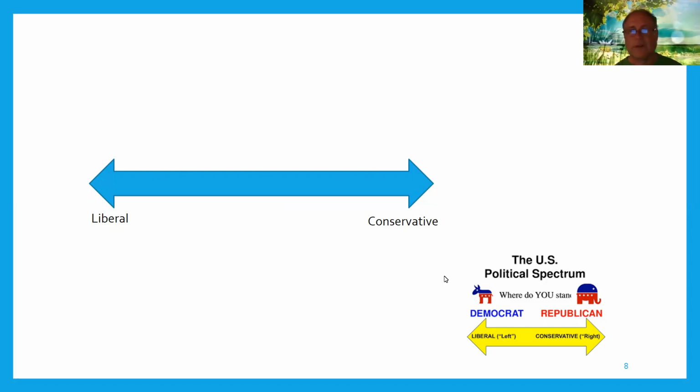So there are other political parties in the US that don't often get mentioned and that are not shown down here in the bottom right-hand side of your screen, but you've probably heard of some of them, like the Green Party and the Libertarian Party. And I believe that one of the major reasons that we don't hear about these third party or independent parties much in the US is because of the lack of money that they have. Money is a very big part of politics in the US, and if you don't have money, your voice will generally not be heard.